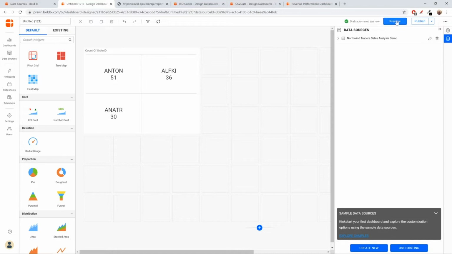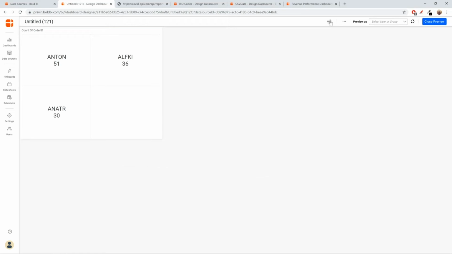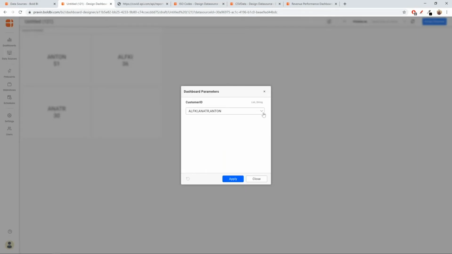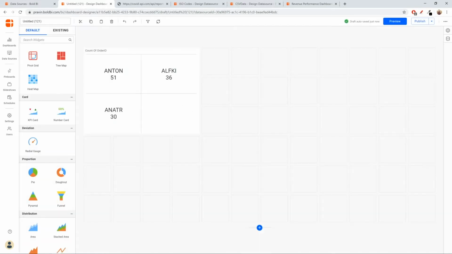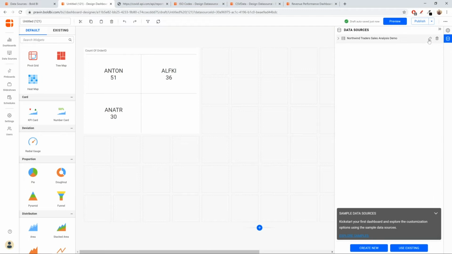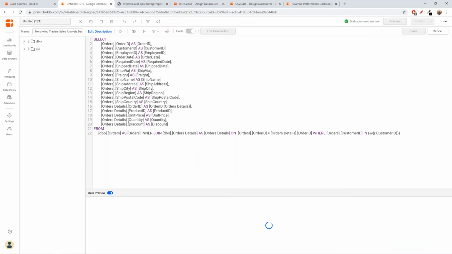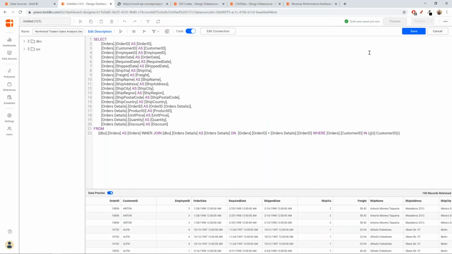While viewing the dashboard in the viewer, instead of having only the default three values, I can also include more or remove one based upon my requirement. I'll just add two more values to this list and then apply. Now you can see all those values populated here. So that's how you make use of the dashboard parameters in SQL connections for executing stored procedures using dynamic values and also in custom SQL queries.